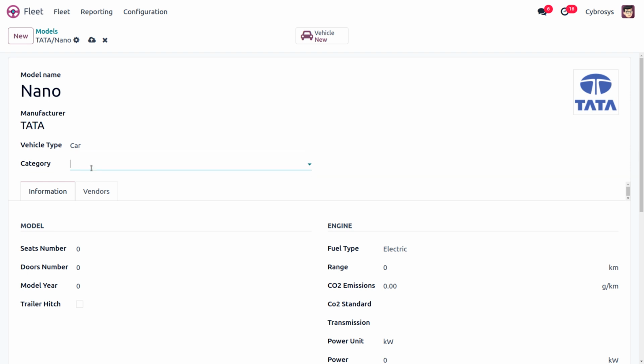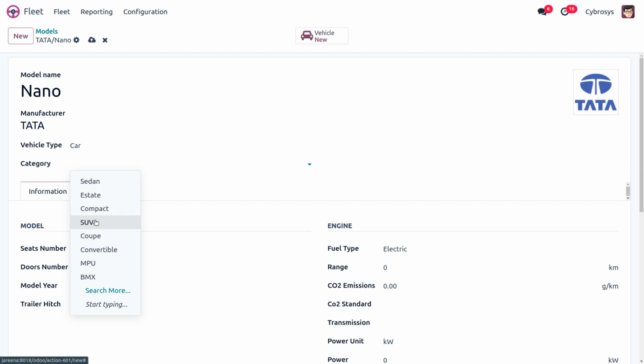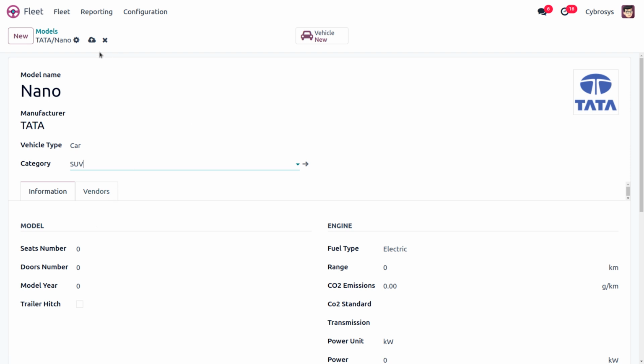Now you can also find the category. Here you can select a category for the vehicle from the drop down list. To create a new category, you can type in the category and click on create to add a new one. You can choose it as SUV or any other over here. You can save the details, and afterwards here we have the information tab. In the information tab, we specify the details about the car model such as the car size, passenger capacity, cost, settings that are applicable to the Belgium localization only, and engine information.